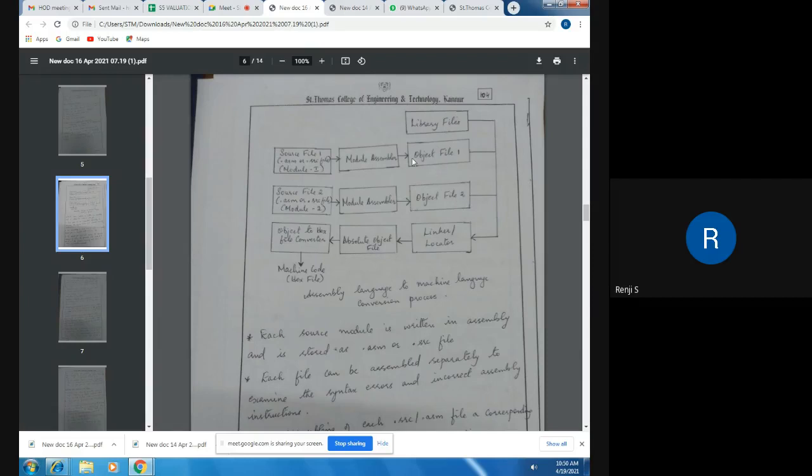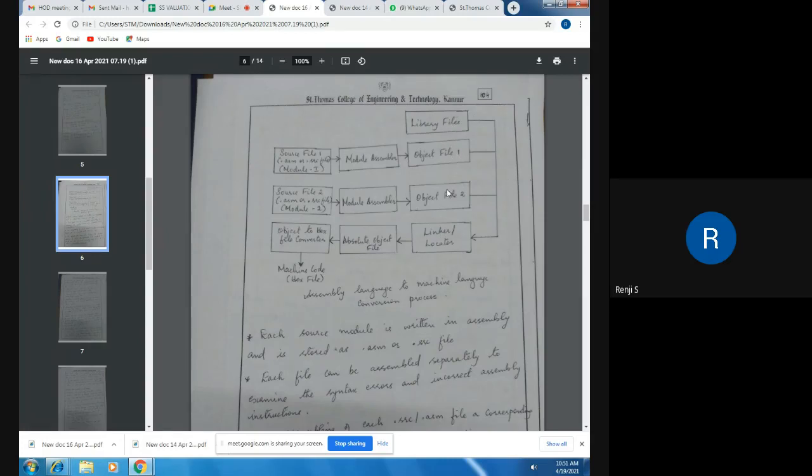The object file created after assembling is known as a relocatable object file, because no memory address is allocated to the code that has been generated. The next step is that the library files used in these object files have to be linked to the object files, and this linking is done by the linker.